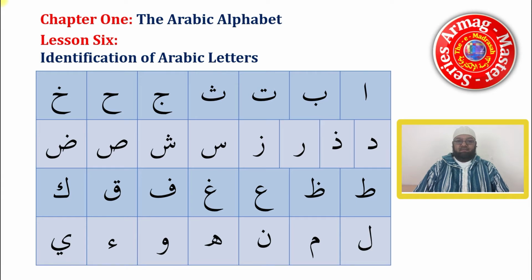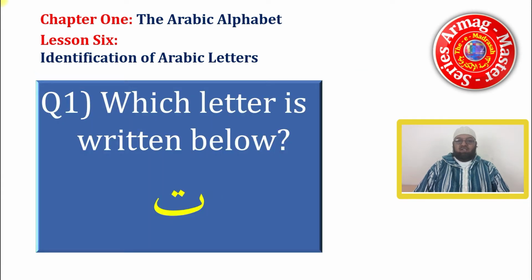Question 1. Which letter is written below? So look at the yellow letter and see what that letter is. Keep it in your mind, and then we will see what the answer is. We will take about 5 seconds to give the answer. So are we ready? Okay, let's take 5 seconds and ponder upon that letter. All right, so let's look at what the answer is. So the answer for that letter is